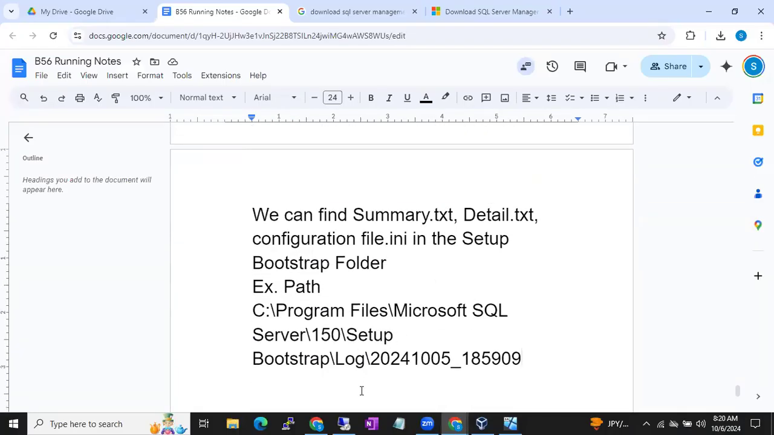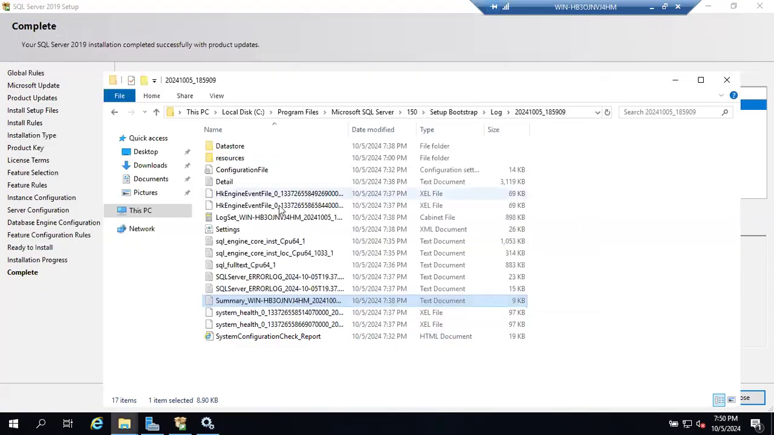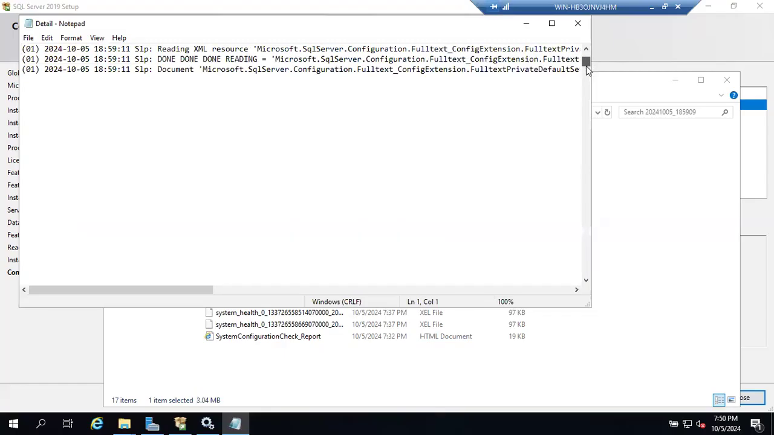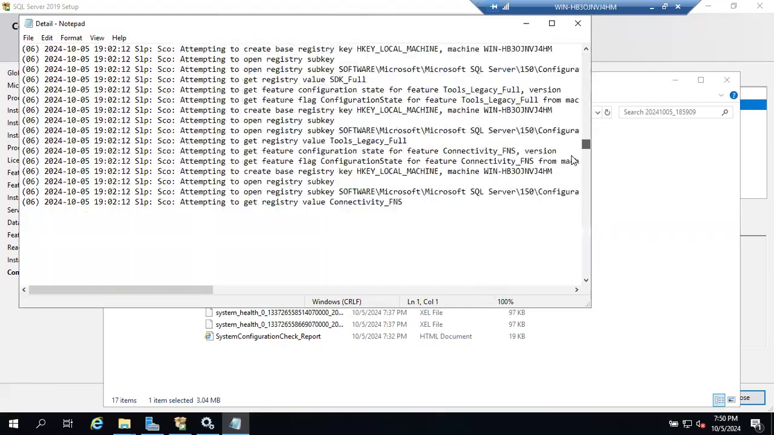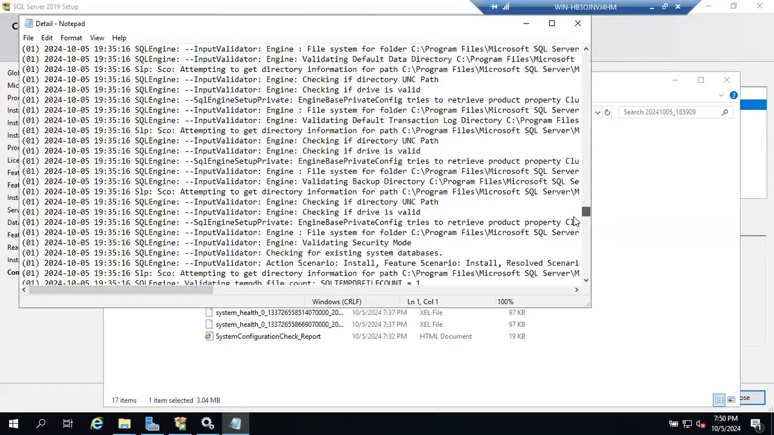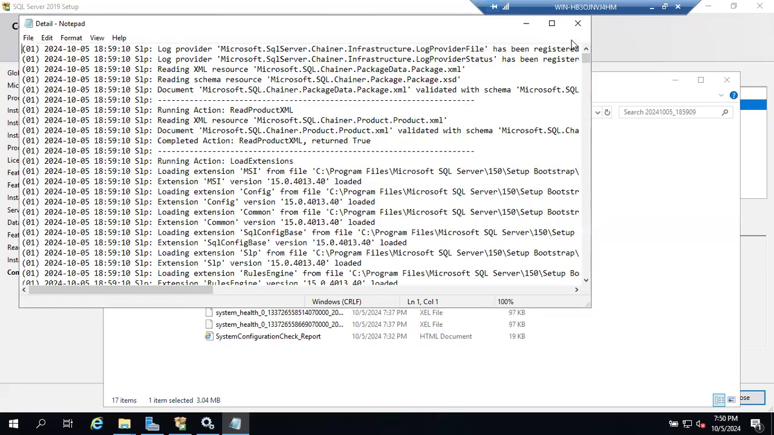Okay, guys. So this is the summary.txt file, and if you see, this is your detail.txt file. This is a very big file. See how much data is there. Very big file. It's very difficult to read the whole file. So in case any installation failures are there, what you can do, guys, simply go to this file. In case you don't find enough information in the summary.txt file, then you can use this detail.txt file,